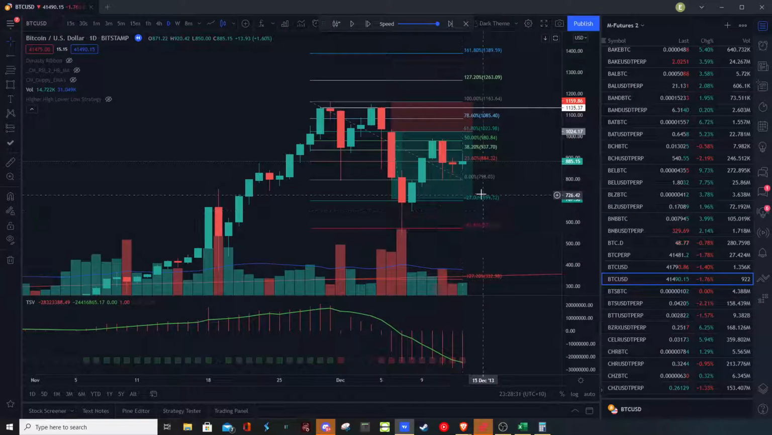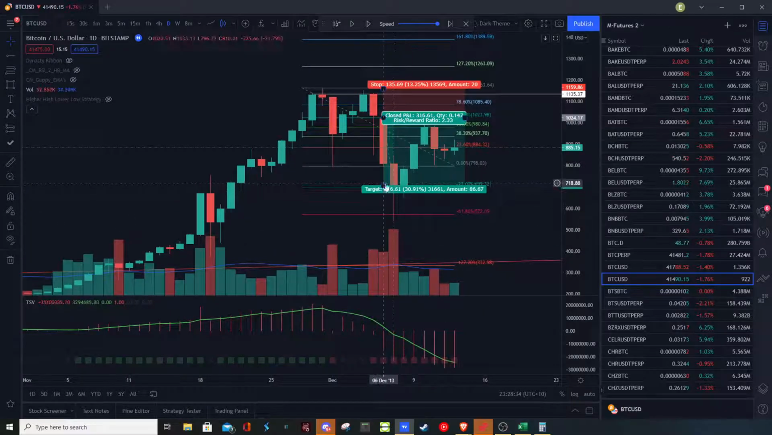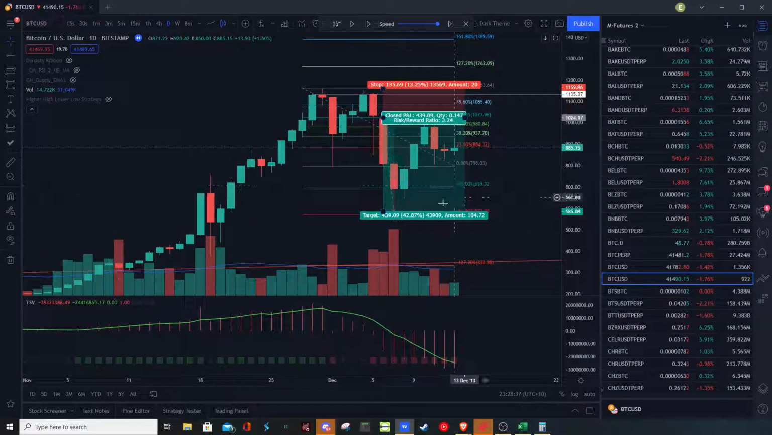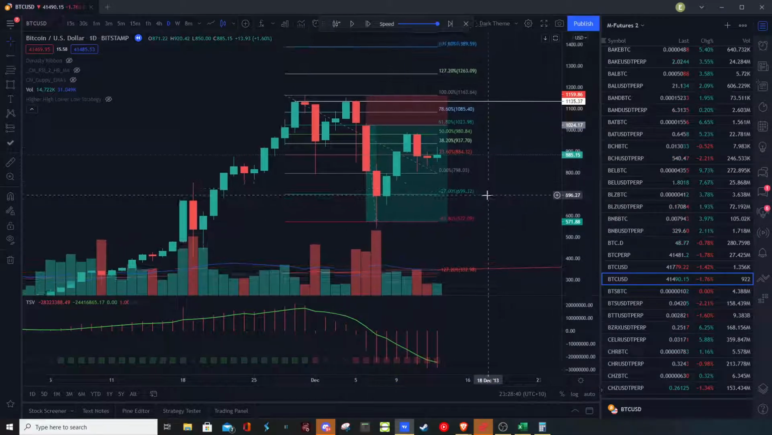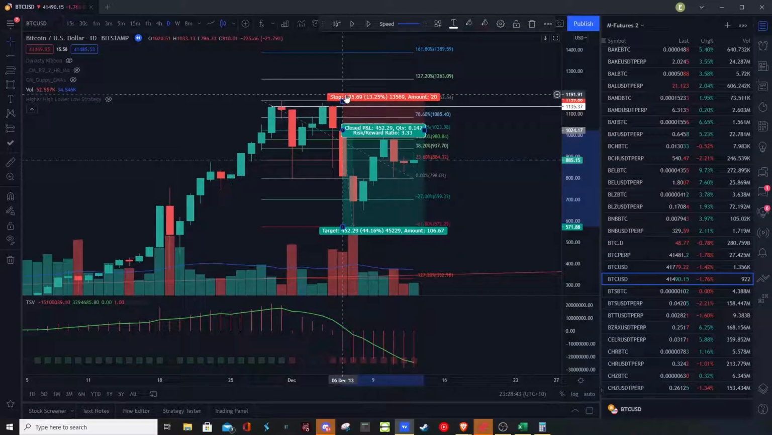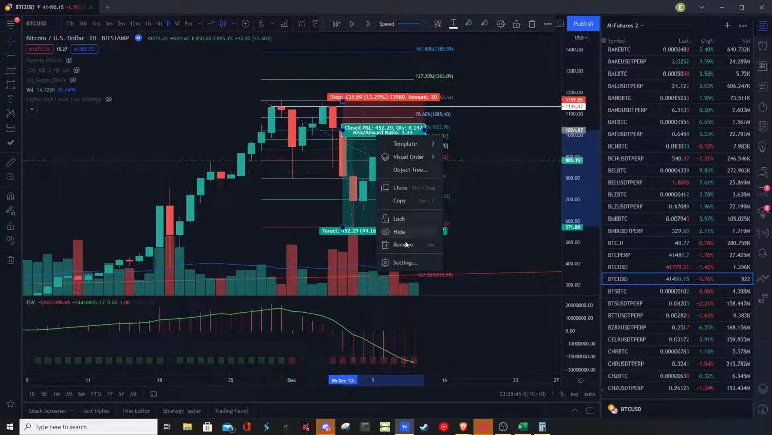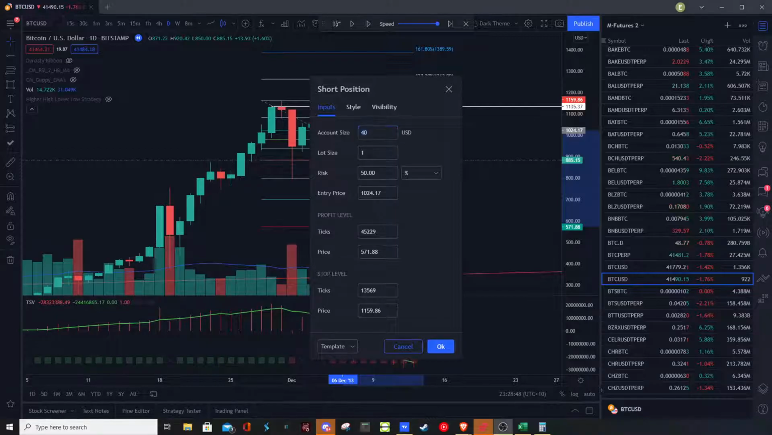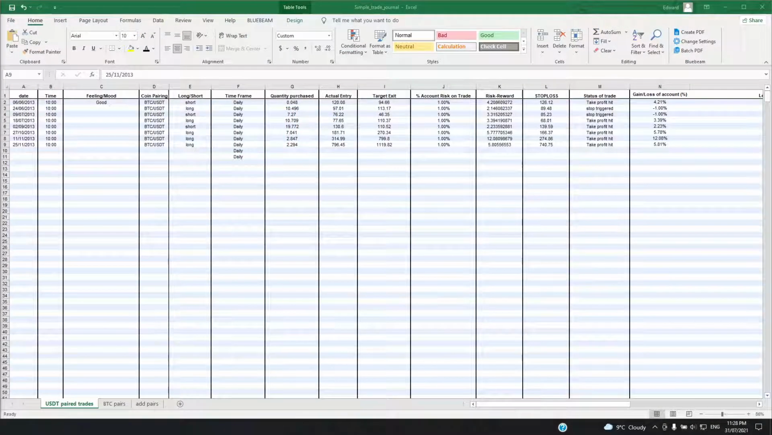So we've had our first take profit here and our second take profit there. So first assess, second assess, and that's it. So now we've just got to input the details. So on the 6th of 12, 13. Short. Alright, so